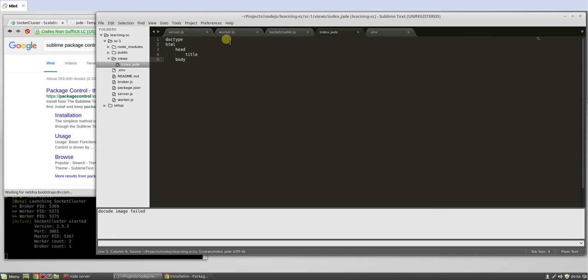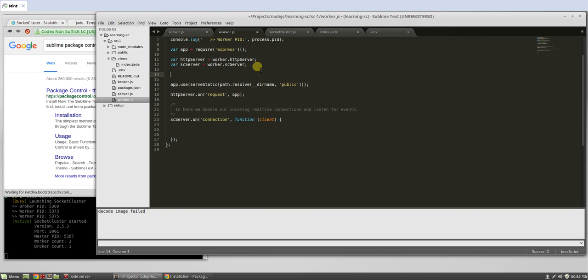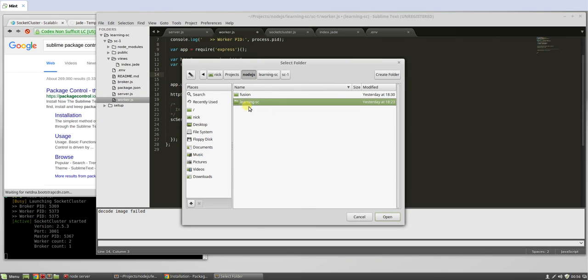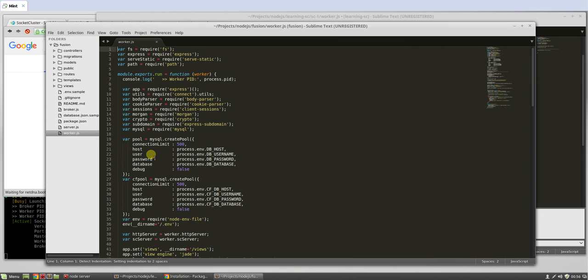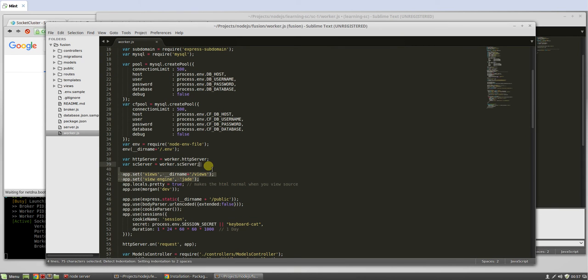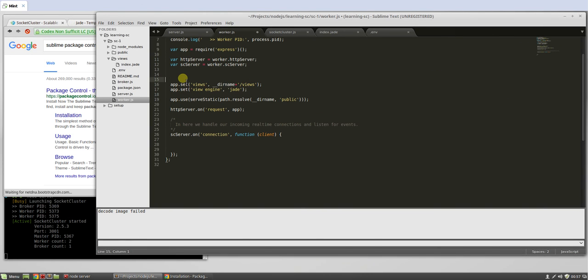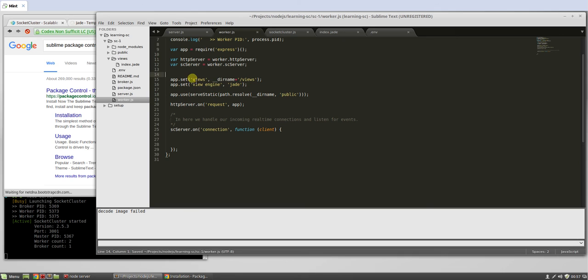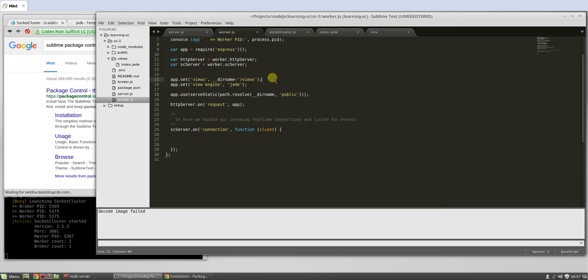We'll go back to the worker while that's loading. I always forget these guys here. So let's grab this guy here. And this tells the server what folder to grab your HTML files out of, and then what engine you're using, which is Jade. And then also